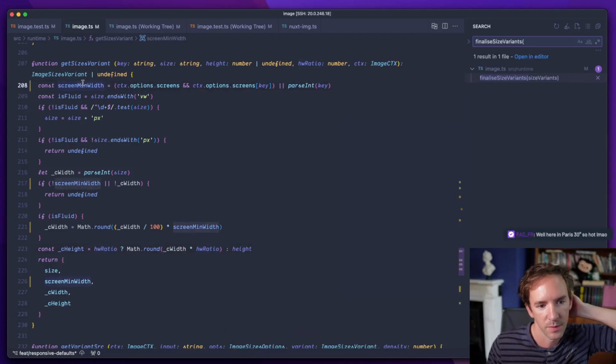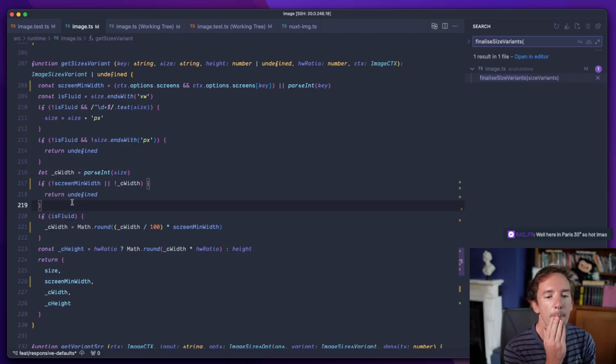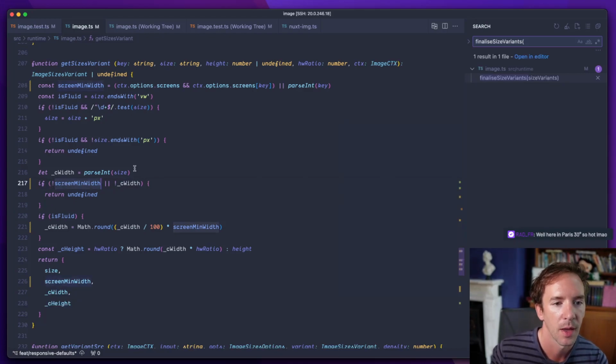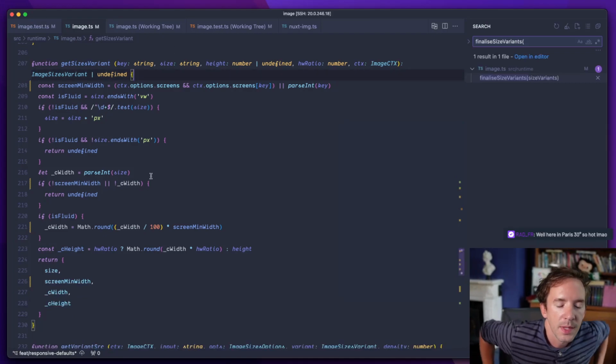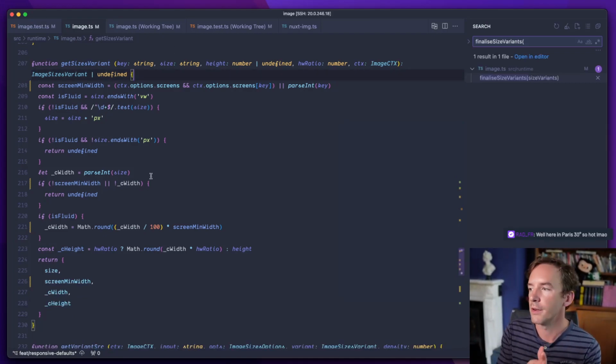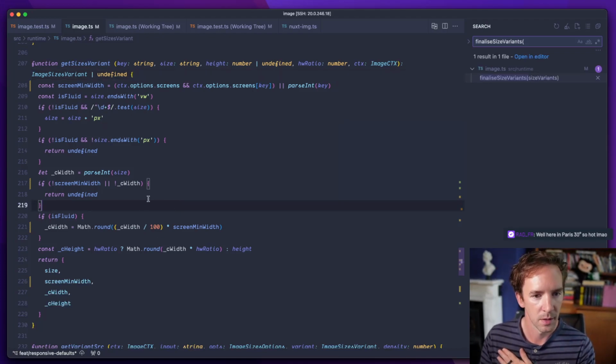It's coming in because we have no min width. So ideally, okay, I think that's what we do. So basically, if size is, it's effectively 0. Okay, it's 0, right? So we would say